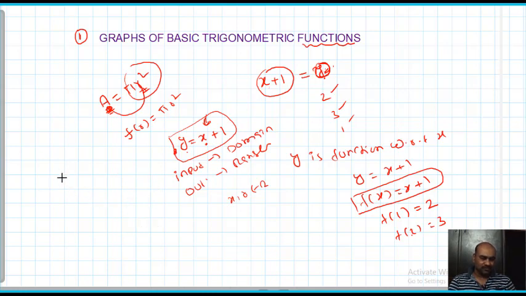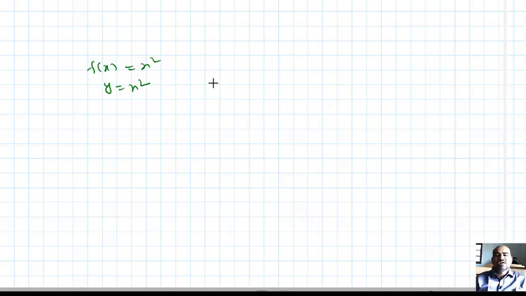Observe, all of you, students. For example, f of x is taken as x square. So clearly you can say that f is a function here. Let f of x is equal to y, now y equal to x square. Now I want to find the domain and the range of this function. So clearly I explained the meaning of the domain.